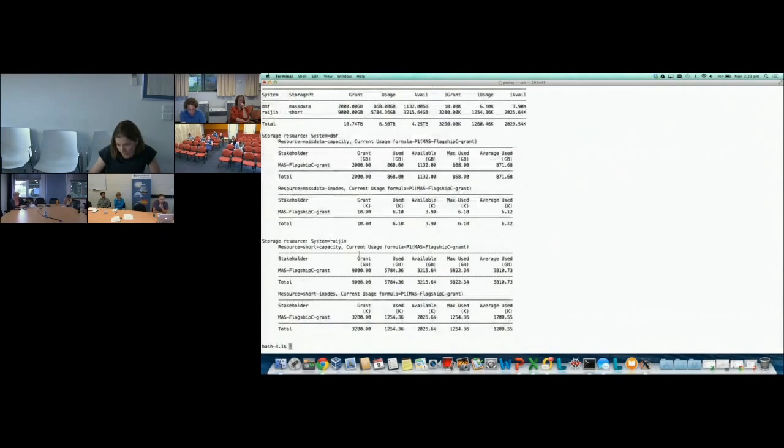And I think the first one is for mass data and the other one is for short. So going to the different storage, short is where you should put your raw model output or whatever you're running. It's not backup. And especially now that in January there's going to be this downtime, you have to watch out because there's more risk of losing data. So if you've got some data over there that's important and you need to move it, contact one of us and we're going to help you move it for January definitely.